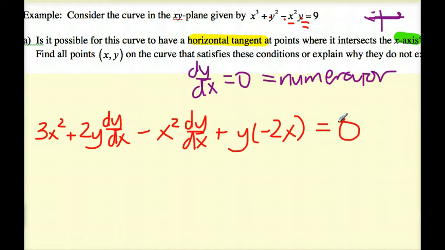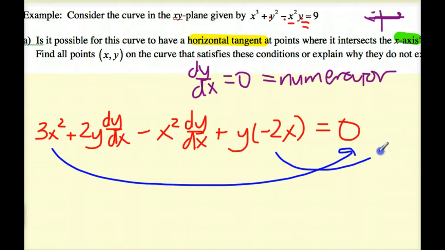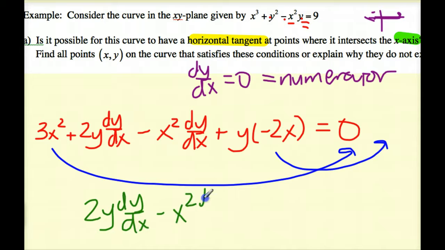And if I collect my terms and move things over, I'm going to move this over here and this over here as well. So if I clean it up, I get 2y dy dx minus x squared dy dx